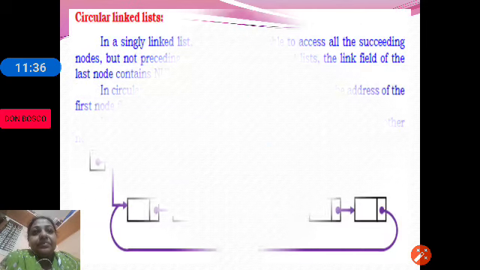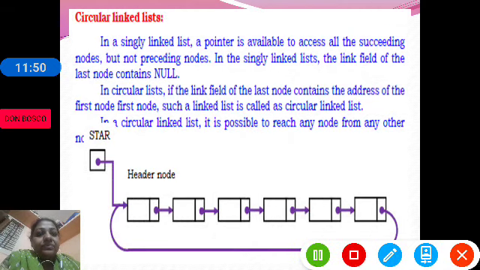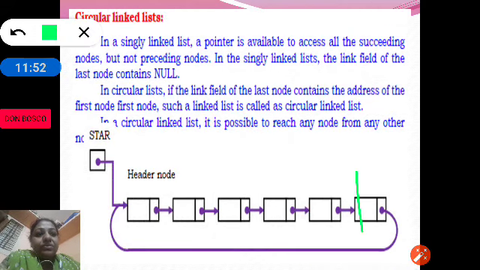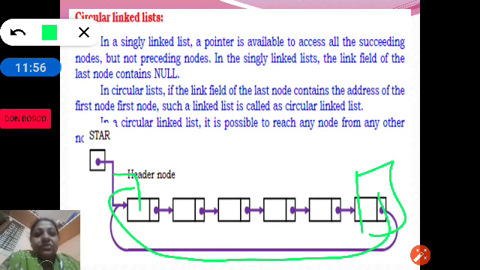Let us see circular linked list. Circular linked list is similar to a singly linked list, whereas here the last node follows the first node. You can see the last node's link will not be null. Instead, the last node's link will store the address of the first node.